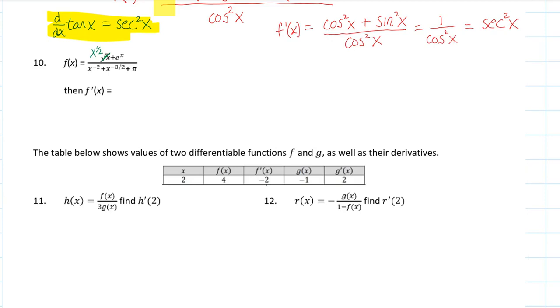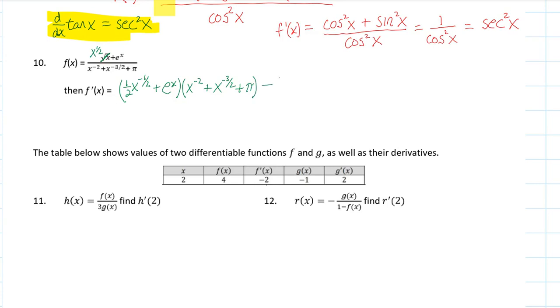The derivative of the first, the numerator. The derivative of x to the 1/2 is 1/2 times x, subtract 1 from the exponent, that's negative 1/2, plus the derivative of e to the x, which is e to the x. There's the derivative of the first, times the second, the bottom: x to the negative 2 plus x to the negative 3/2 plus pi,